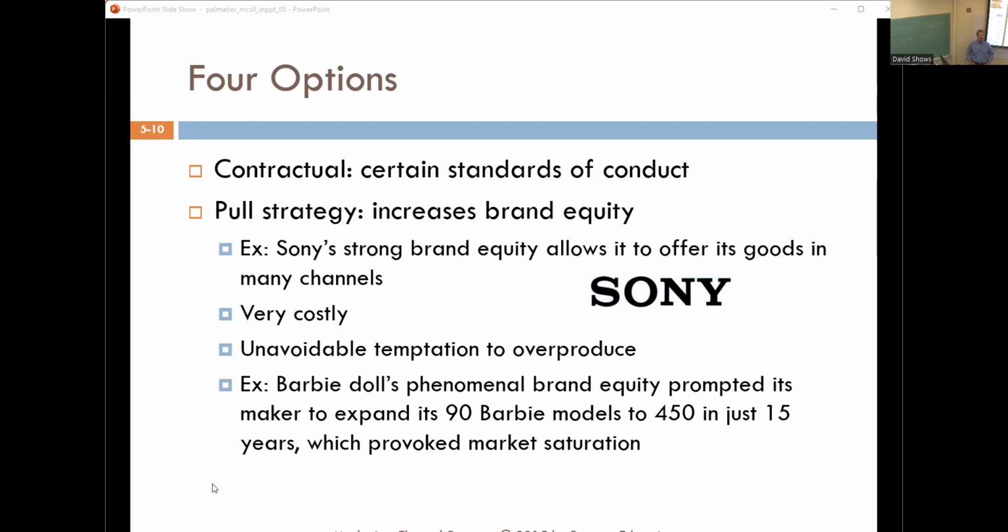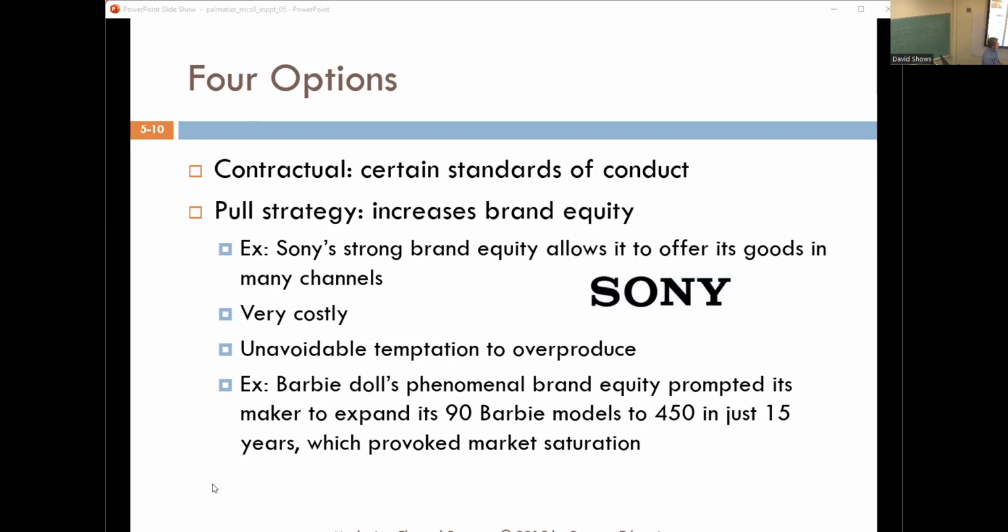The next is you try to make everybody happy, and you have a pull strategy. So if you remember the different ones, push and pull: the push is where the manufacturer sells to the wholesaler, who through their selling efforts sells to the retailer, and the retailer through their efforts sells down to the end user. A pull strategy is where the manufacturer sells directly to the consumer or advertises directly to them, and the consumer desire pulls the goods through the system.